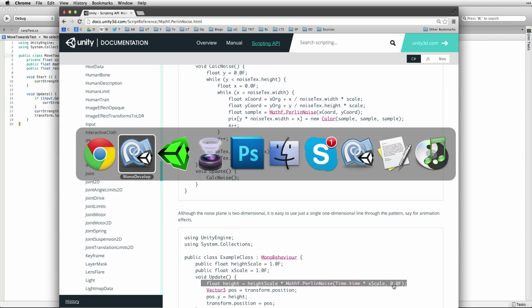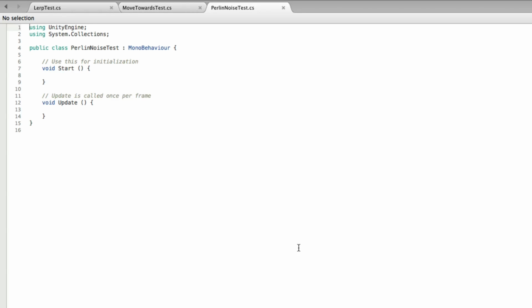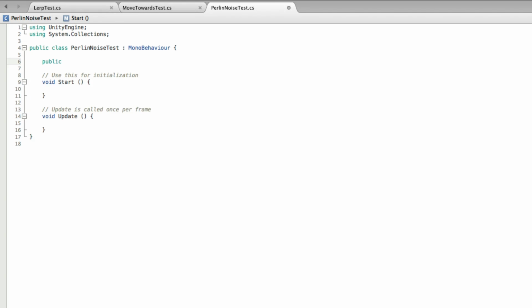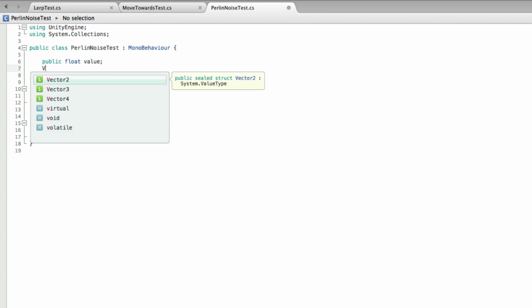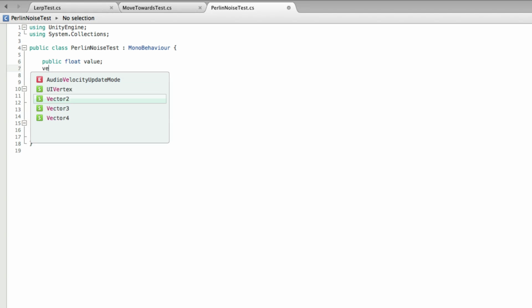So again, let's do another simple test. Let's call this Perlin Noise test. So let's go ahead and open our Perlin Noise test. So public float, let's just call it value. I don't want to come up with anything interesting tonight. Let's grab a Vector3 just out of convenience, because it's going to hold it. Another vector. It doesn't matter if it's public or private. Private's fine. Vector3